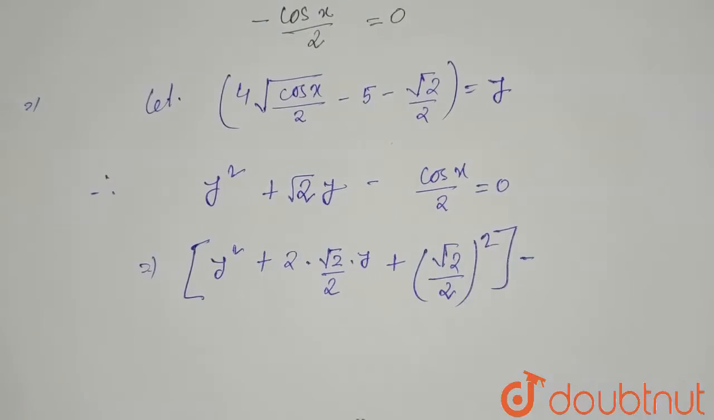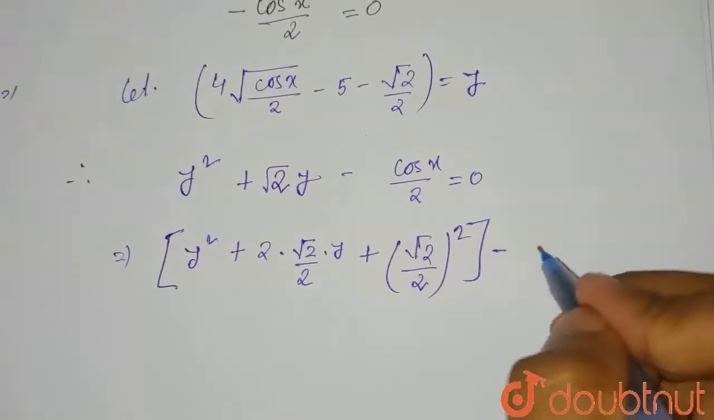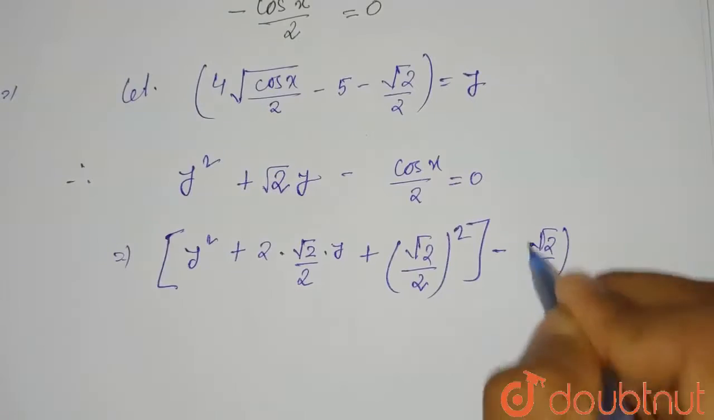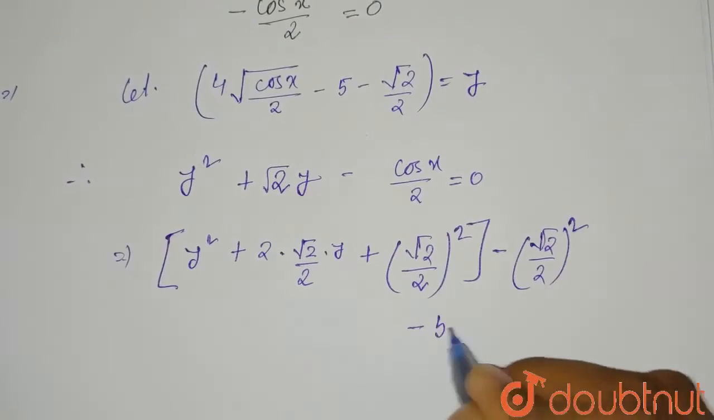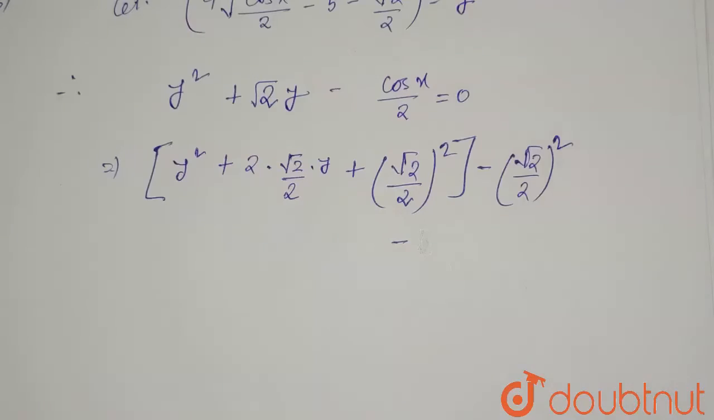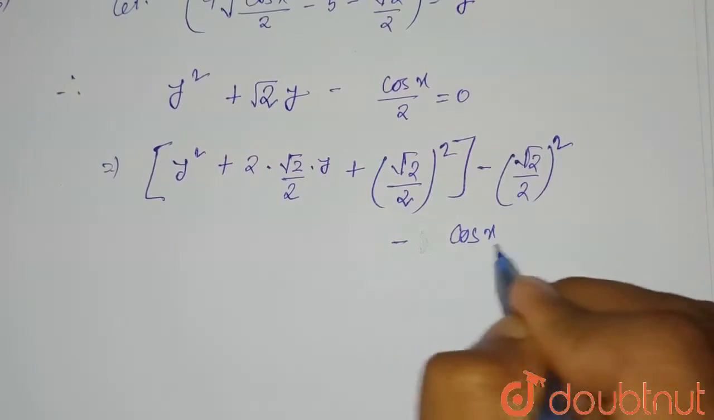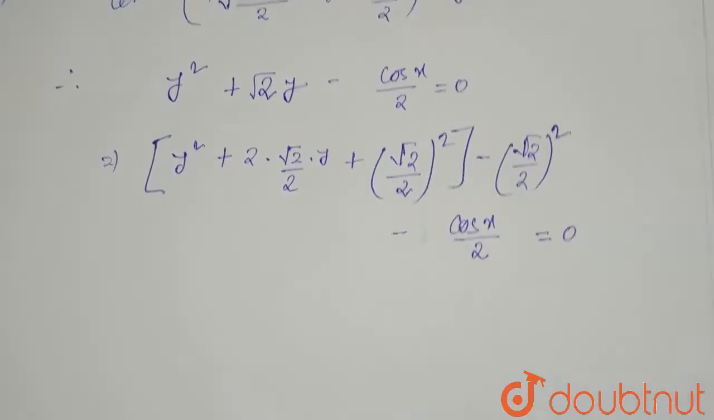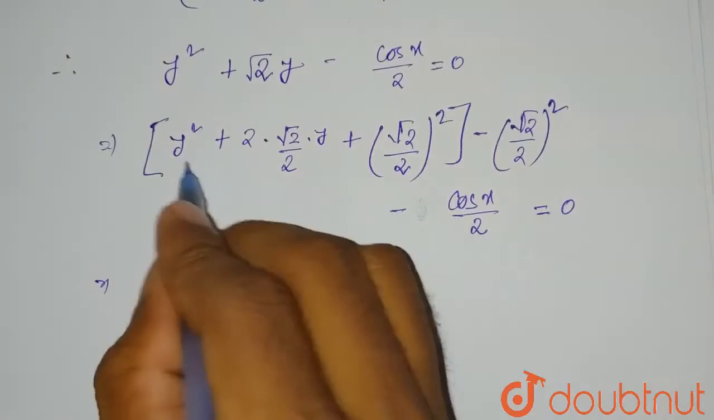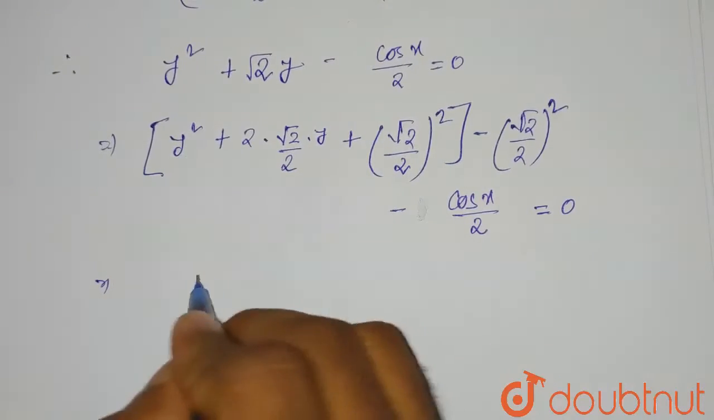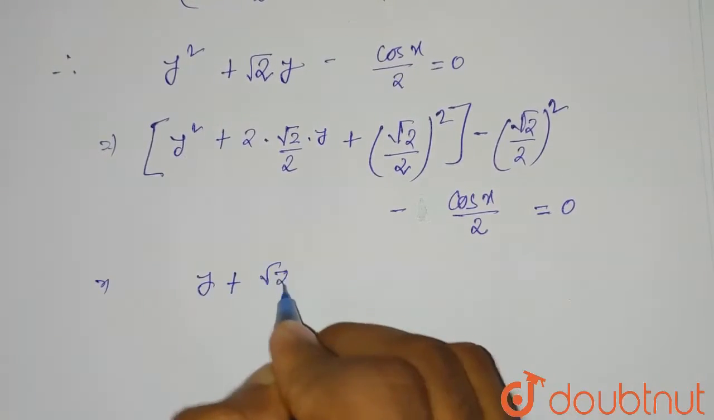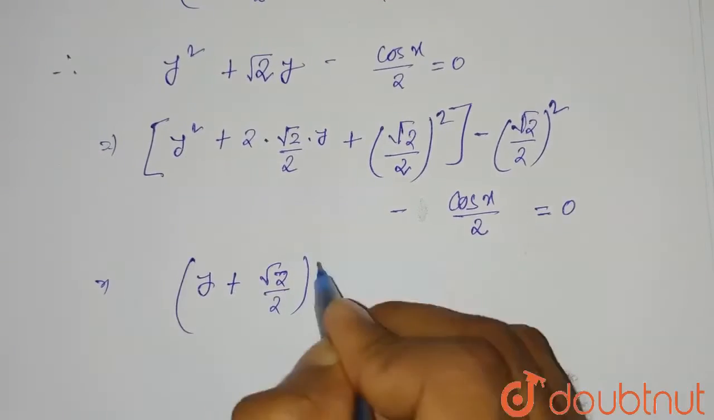as we have added this term extra, we have to subtract it, so it will be minus (root 2/2) whole square minus cos x/2 equals 0. This is the format of a square plus 2ab plus b square, that means it will be (y plus root 2/2) whole square,